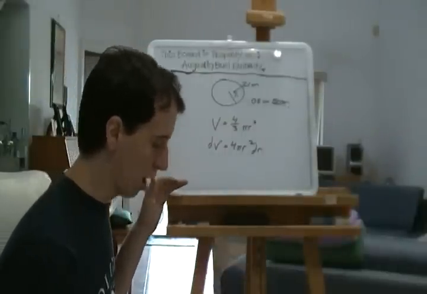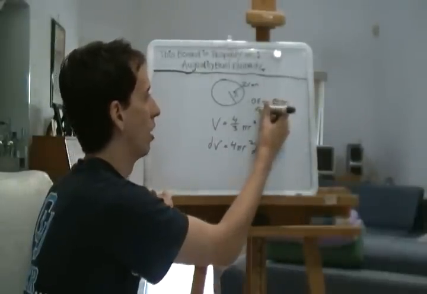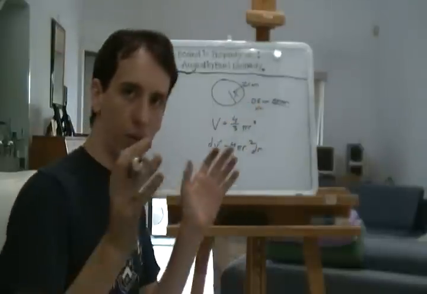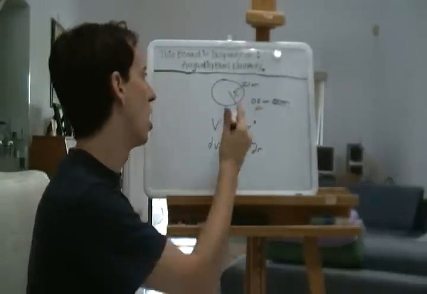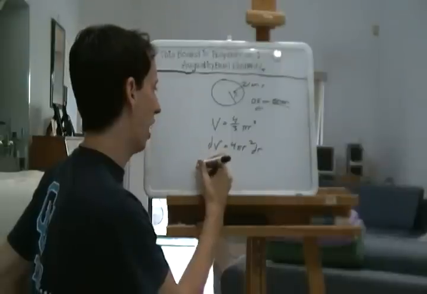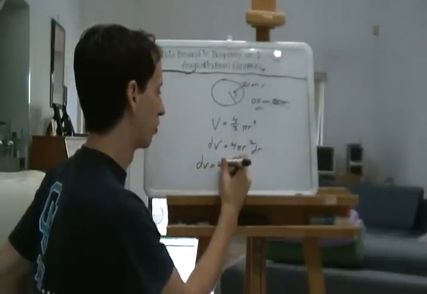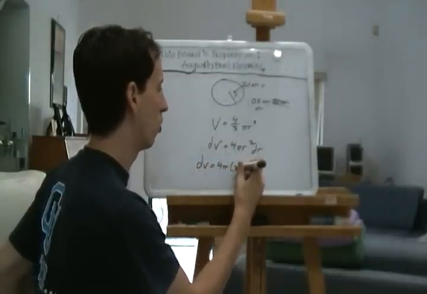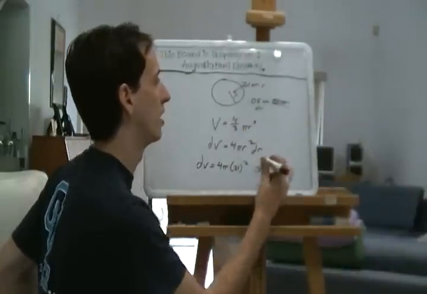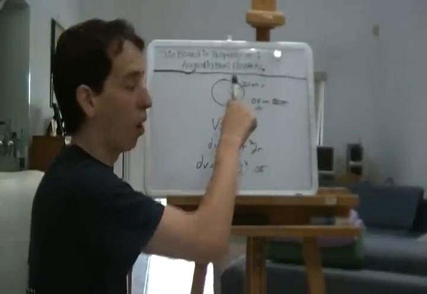If r is 21, and dr is the possible radius change, the possible error in r, well, this is pretty easy to figure out. dV equals 4 pi times 21 squared times 0.05. That's the error measurement of r,